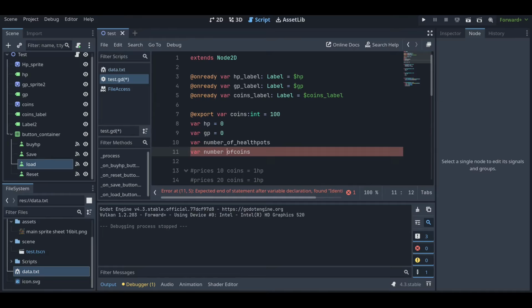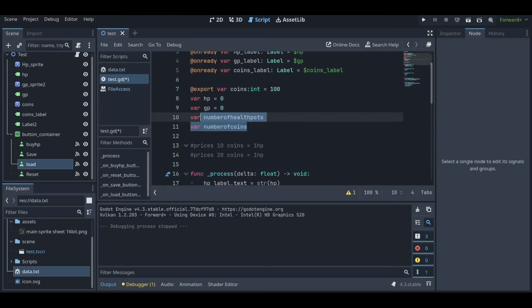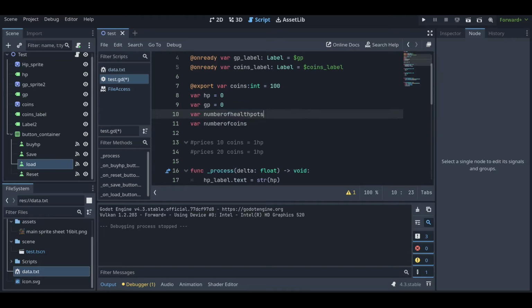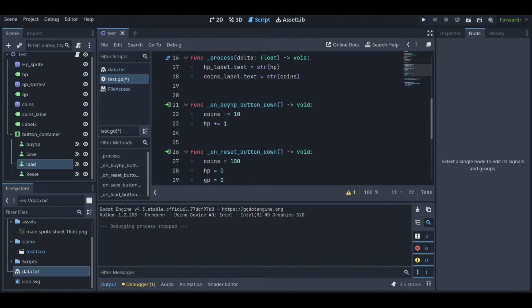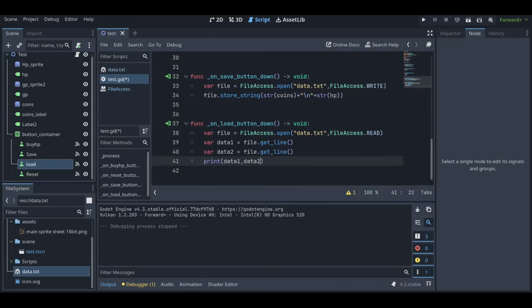So we got two variables, number of health pots and number of coins. I'm going to use these two variables. Let's set these two as 0, and every time I load, I want to set everything to the variables. So instead of printing, we will just set